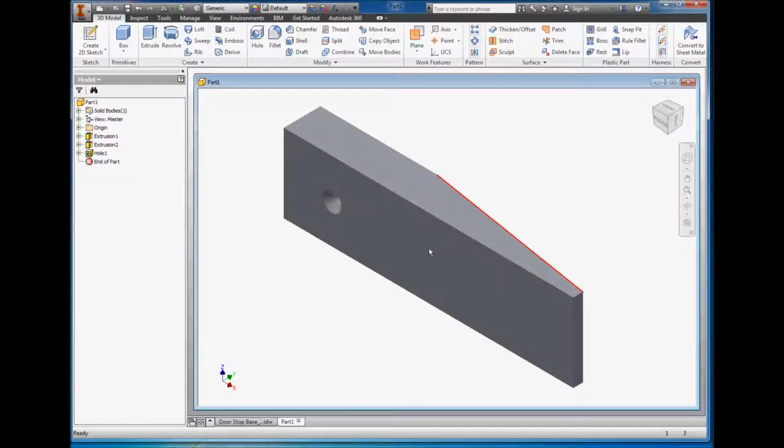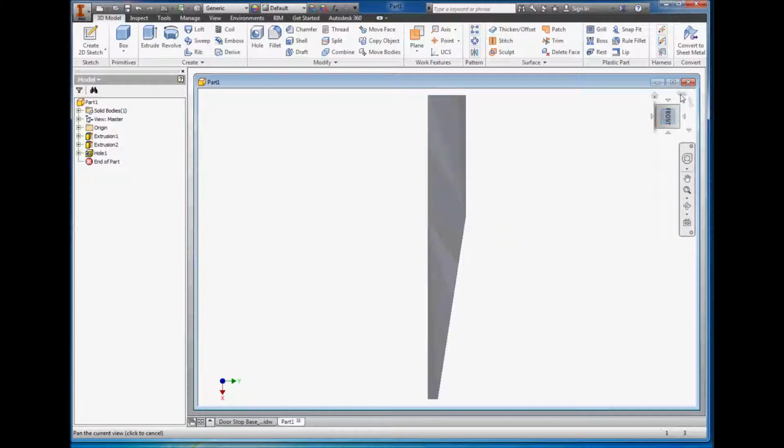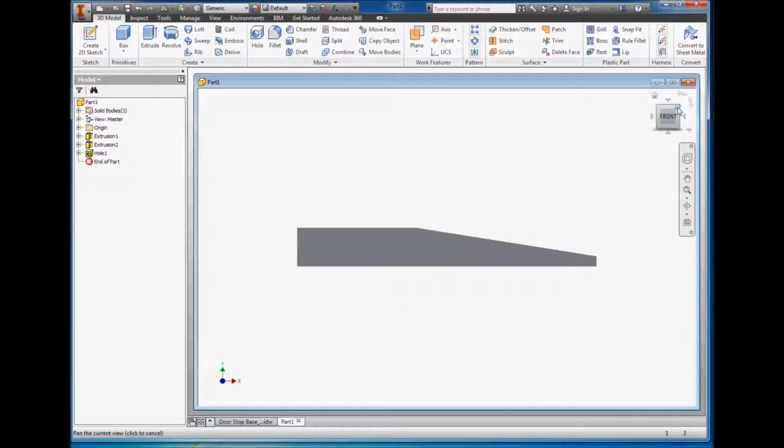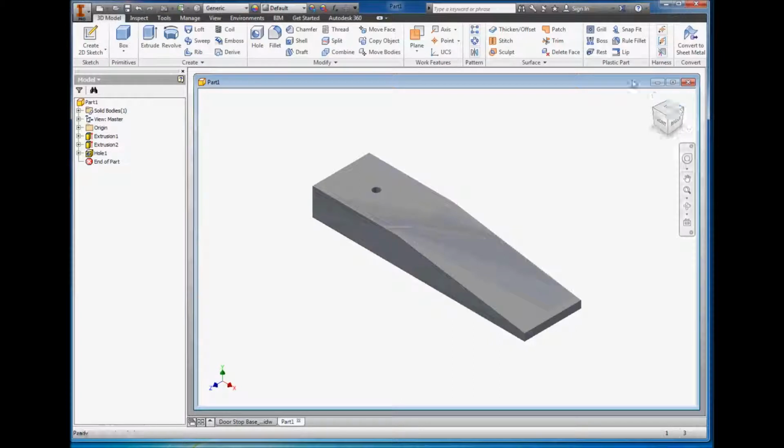Okay, if I press the home button, and I don't like this orientation, this is not what I consider to be a good view to view it in. I'm going to click back on front, rotate it around, and I want to use this corner. So the way I can do that is if I reset my home view, I can make this my default